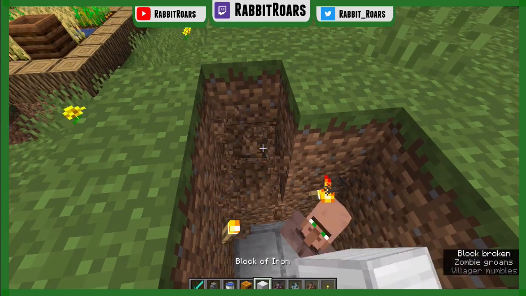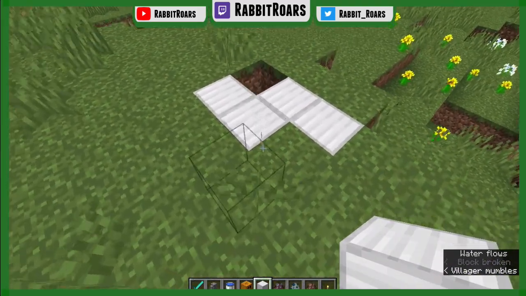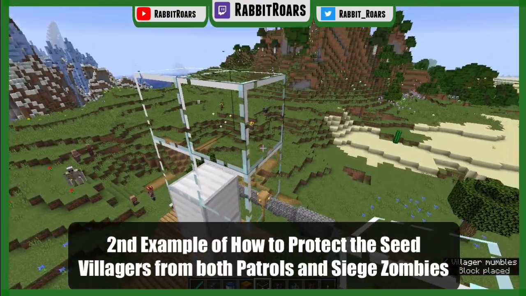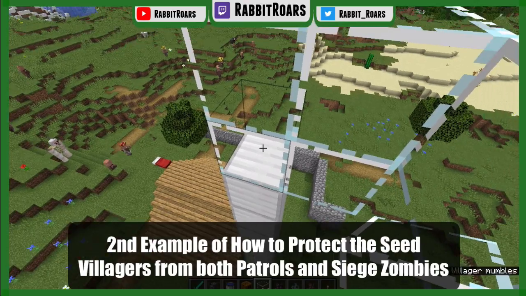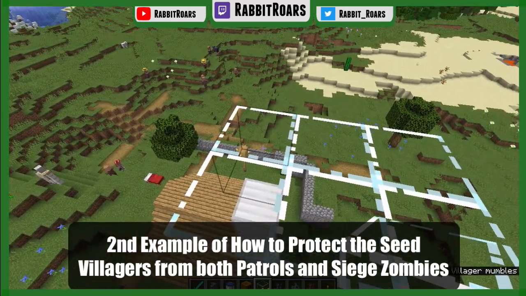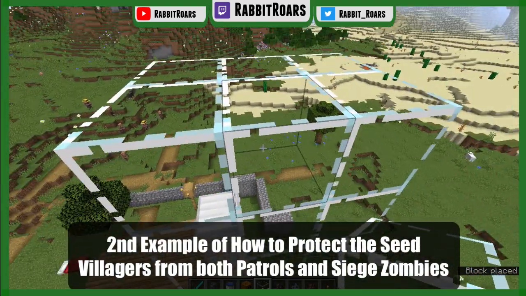If you were really wanting to save these guys, you'd put them in an area like this. You could put them perhaps up in the air. Okay, so multiple layers of glass. So if a siege zombie did try to spawn this high, it wouldn't be able to spawn in a block underneath the blocks that your seed...